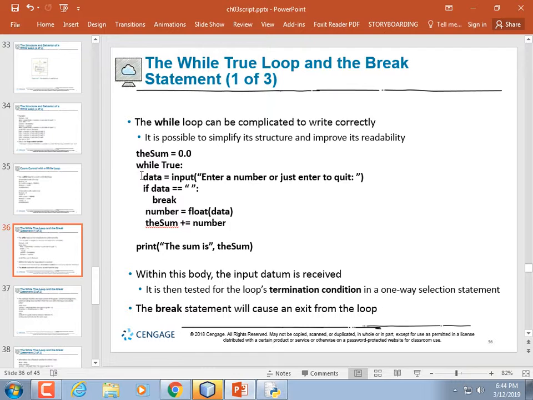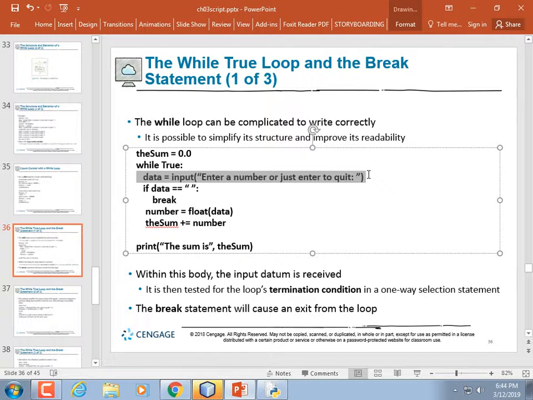While true. Keep repeating forever until we hit a break. Data is equal to enter a number or just press enter to quit. In this case, just pressing enter is our sentinel value. And so they type in a number, maybe, or maybe they just hit enter. If data equals empty, because they just hit enter, then we